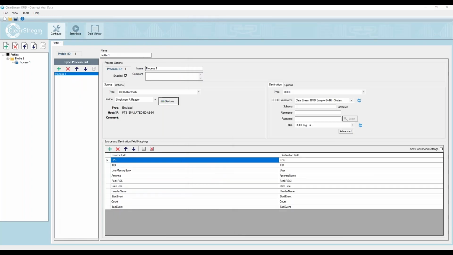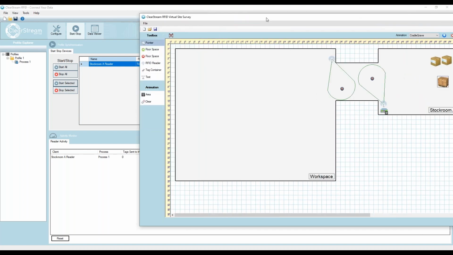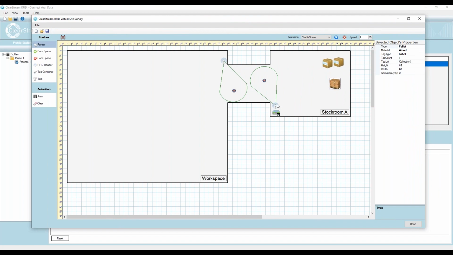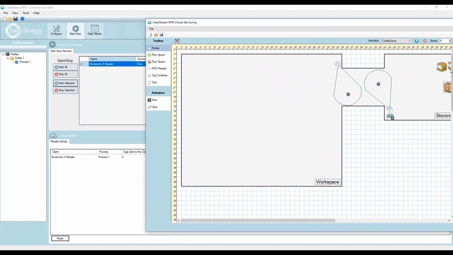And let me start this up. So I'll start my readers. That's going to turn the readers on in the virtual environment. Just like the equipment, when they turn on, these go back to green. And now I can take this equipment here. I made this a little too big, I think. So now what you'll notice is if I take one of these boxes and put it in front of just